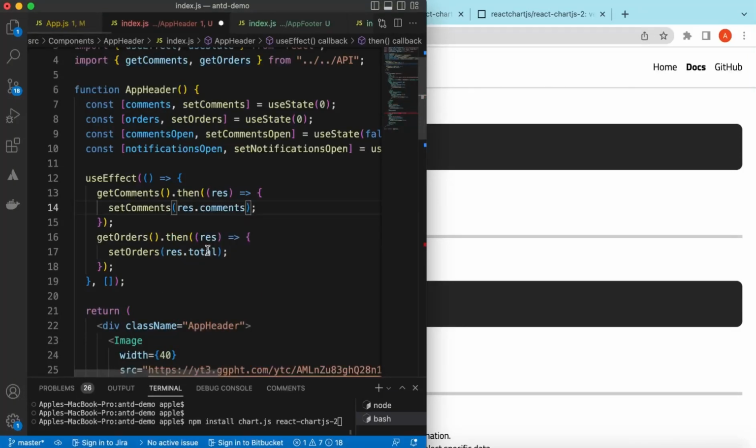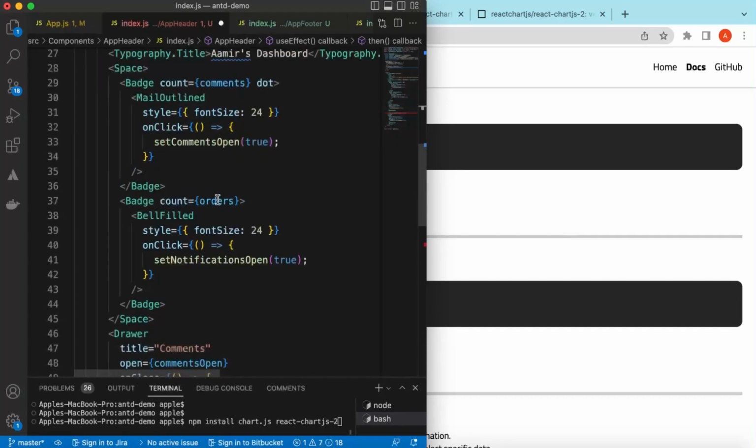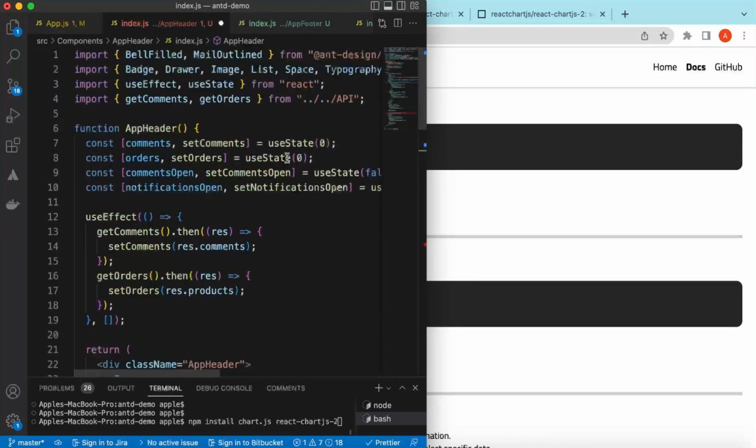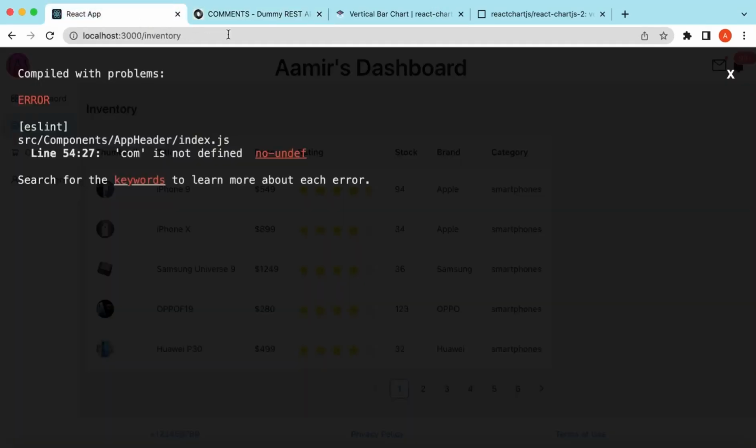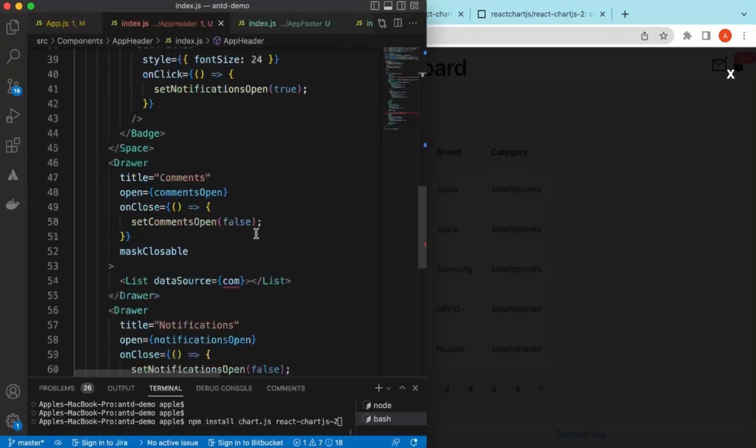So res dot comments, and res dot for the orders it will be products, right? Okay, and here instead of these orders we can show the length of these, because these will be arrays, and we can just show their length, right? And by default instead of 0 we can show them as an empty array. And if I save it,